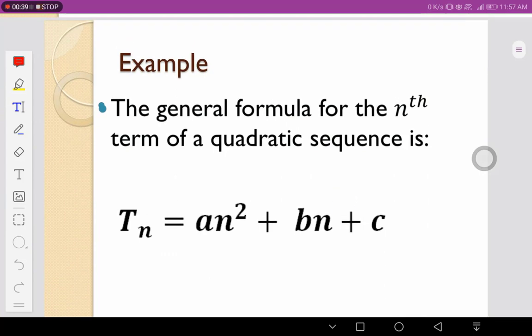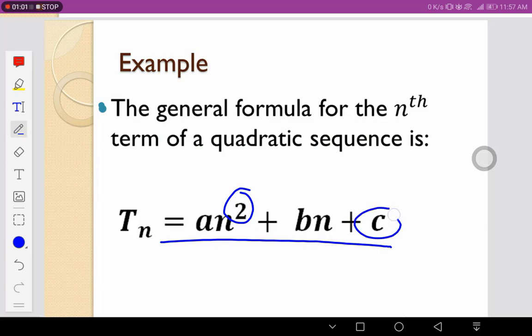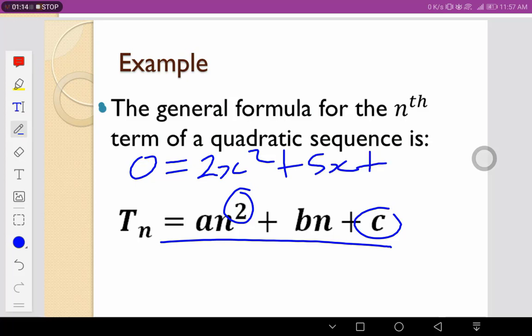So for the general formula we have Tn is equal to an squared plus bn plus c. It's like we are deriving from the quadratic equations. If you remember, our quadratic equations have this squared term, and then a constant at the end of the day. For example, 0 is equal to 2x squared plus 5x plus 7. That's where we are getting the quadratic from. Now having that information,